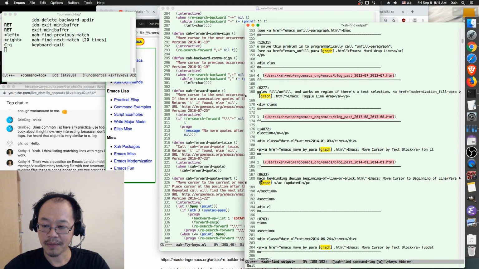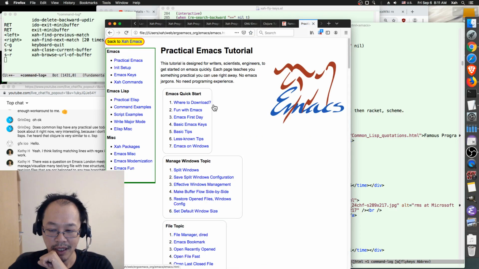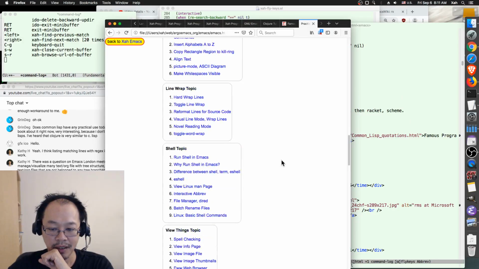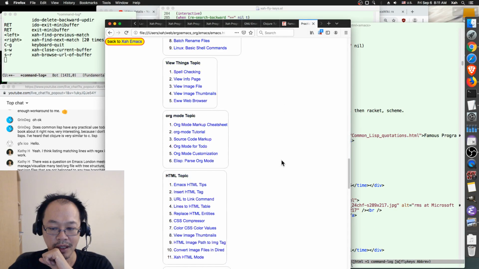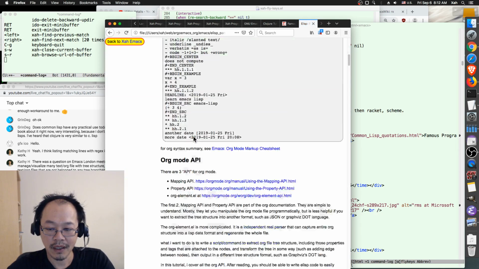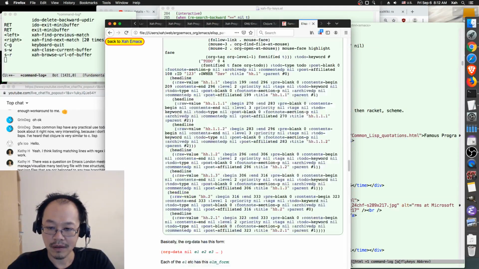Okay, lots of these are paragraph. Let's go to practical Emacs. Let's go down. There's a section on org mode. Org mode markup cheat sheet, org mode tutorial, source code markup, org mode for to-do, org mode customization, and pass org mode. Okay,